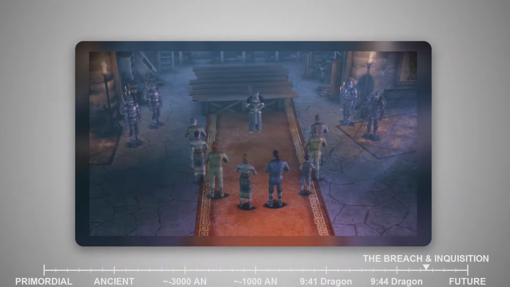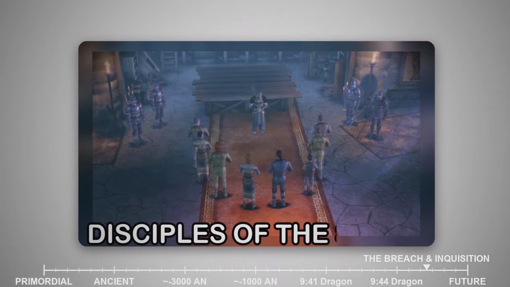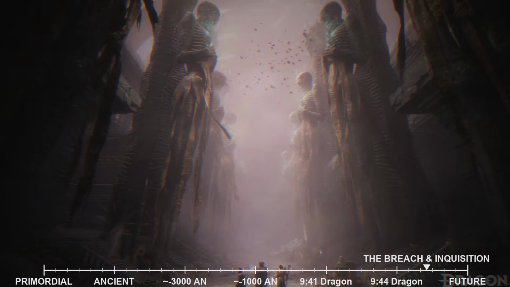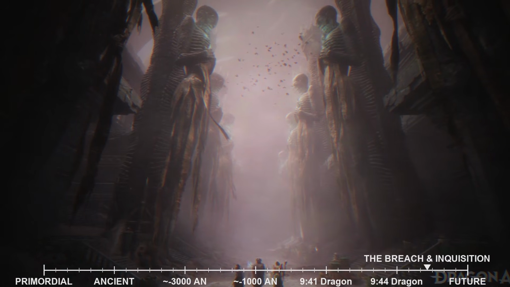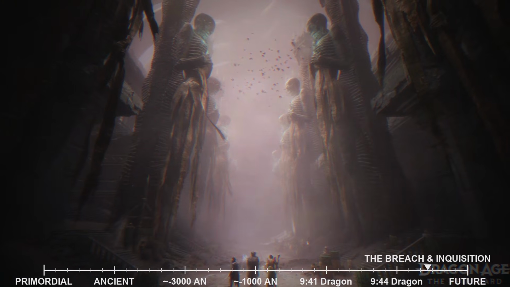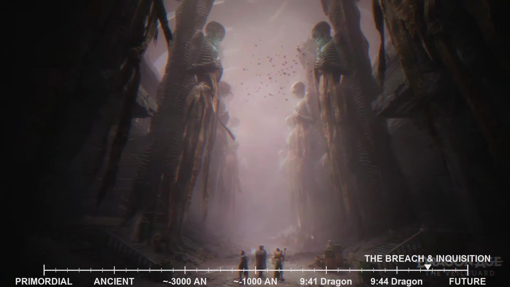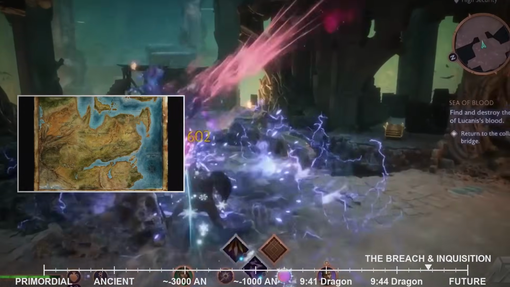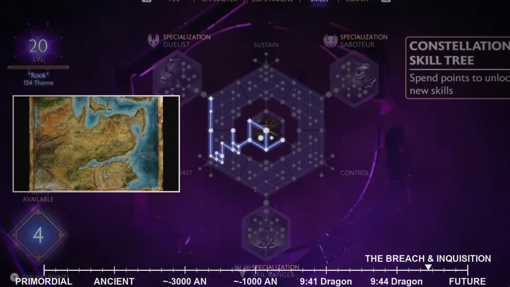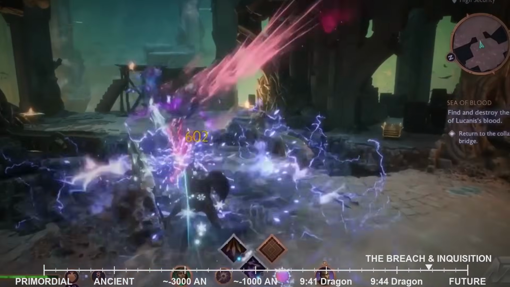The true revelation lies in the identity of those behind this deception, a nascent yet disturbingly zealous cult known as the Disciples of the Stone. These fanatics, unlike the typical followers of the Blight or other dark entities, worship the Titans, the colossal, ancient beings that dwell within the very fabric of the earth, beings long thought to be mere mythological figures by most surface dwellers. The Disciples' emergence signals a profound shift in the spiritual landscape of Thedas, hinting at a resurgence of forgotten powers and a challenge to the established understanding of the world.